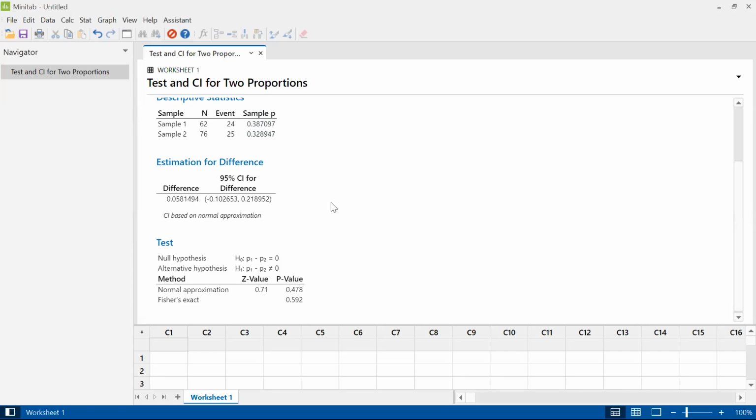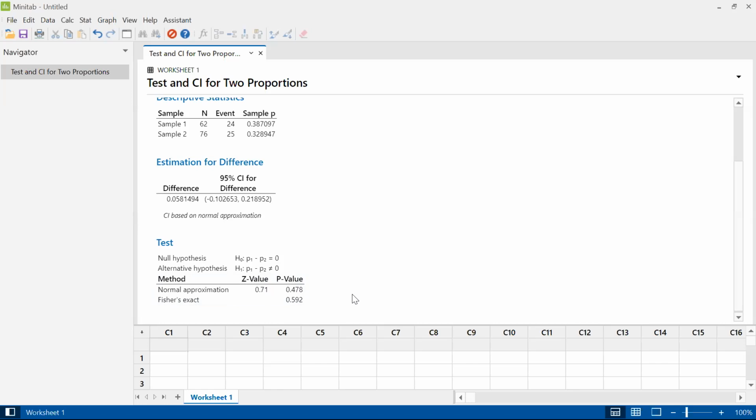And of course, there's a 5% chance that it's even outside of that range. And in particular, 0 is in between, that the difference between them is nothing. Preschool doesn't make a difference at all, good or bad. And looking down at our p-values, our p-value for the normal approximation, which is the one I'm usually going to read off here, is 0.478. I meant to look up this Fisher's exact, but I haven't gotten around to that. I think that's probably the one that uses the binomial instead.